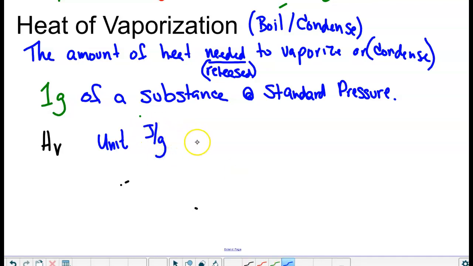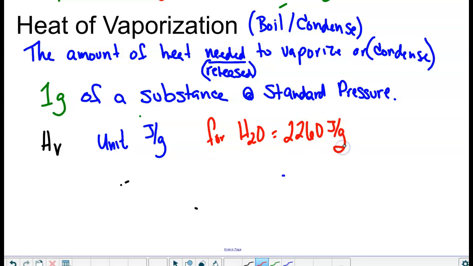And for water, it's going to be equal to 2,260 joules per gram. So if you had 1 gram of water, it would take 2,260 joules in order to vaporize that 1 gram. And if you had 2 grams, it would take twice